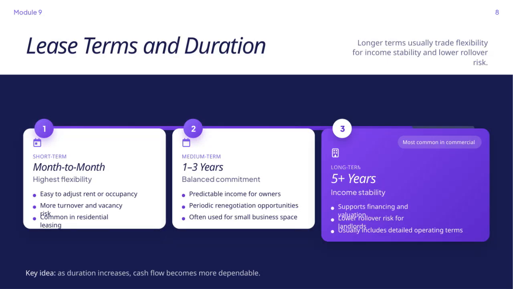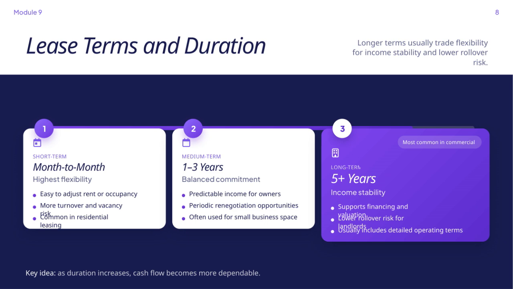Here we focus on lease terms and their duration, which are crucial in balancing flexibility and income stability. Generally, longer lease terms provide more dependable cash flow and reduce the risk of turnover. Starting with short-term leases, these are typically month-to-month agreements. They offer the highest flexibility for both landlords and tenants and make it easy to adjust rent or occupancy as needed. However, this flexibility comes with higher turnover and vacancy risk, which is why short-term leases are common in residential